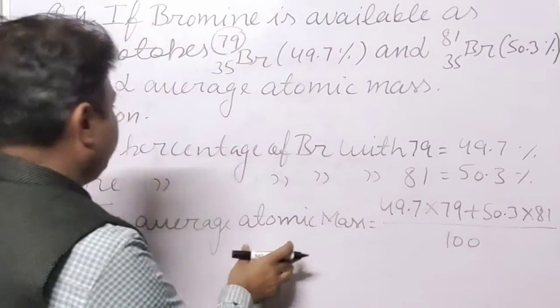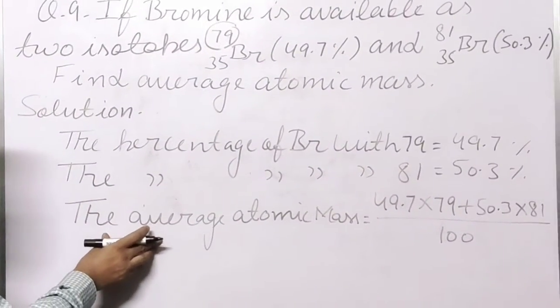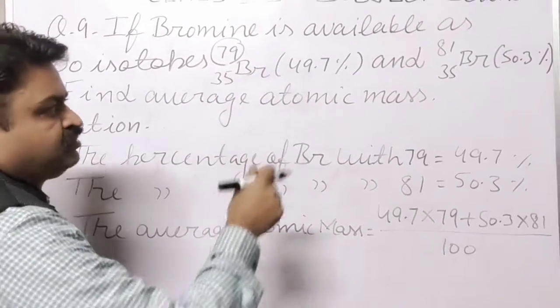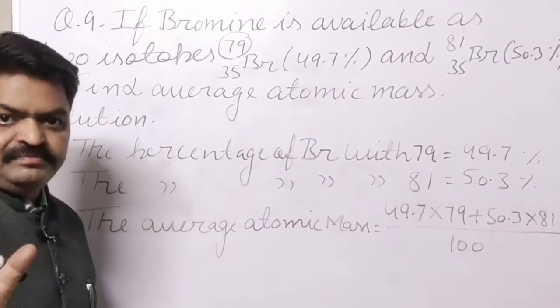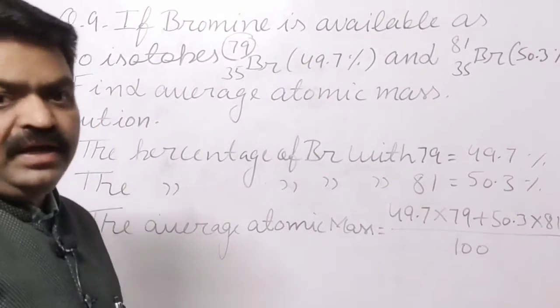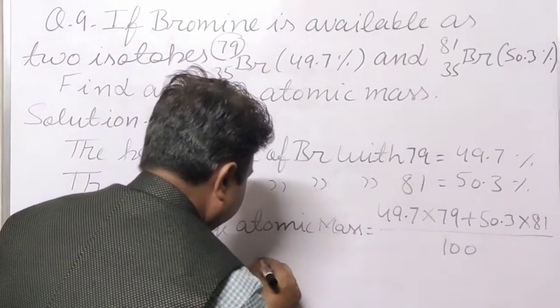So with the help of this we can find the average atomic mass of bromine if its isotopes have these percentages. So now we will calculate it, students, and with the help of that we can get the average